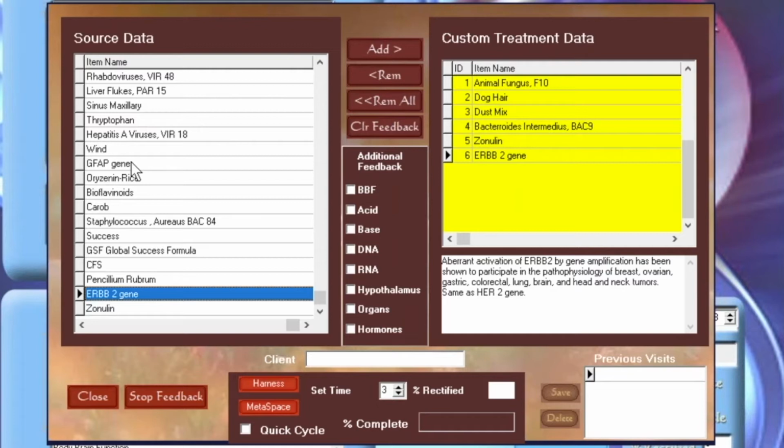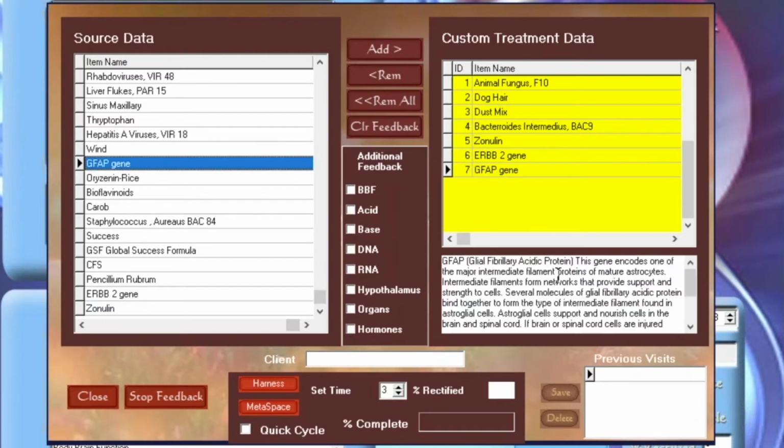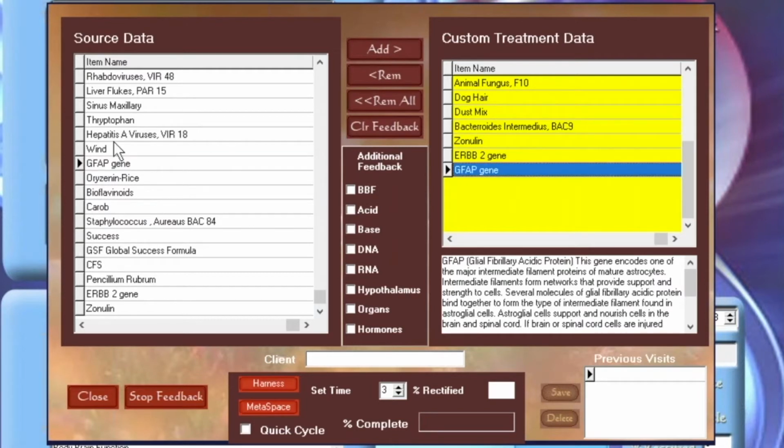Now this one here, glial fibrillary acidic protein. This gene encodes one of the major intermediate filament proteins in astrocytes in the brain, right? They're a brain cell. Let's put that in. I mean, astroglial cells support the nerve cells in the brain and spinal cord. So if that gene is sleeping down here, let's wake it up. So that's kind of the strategy